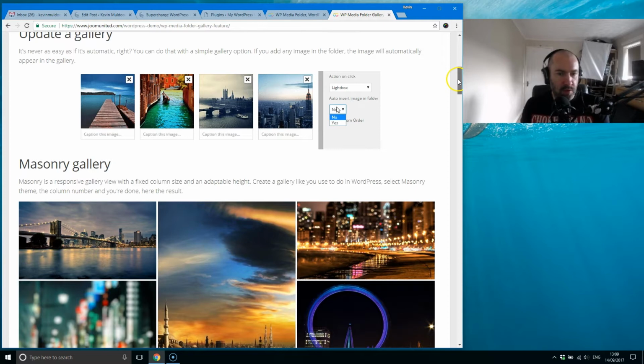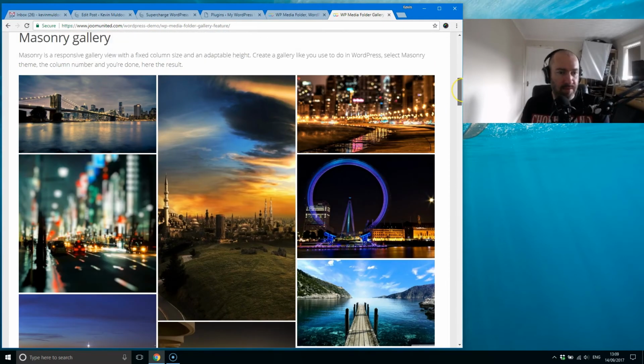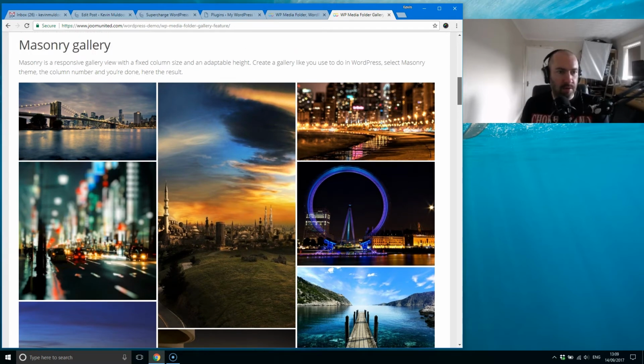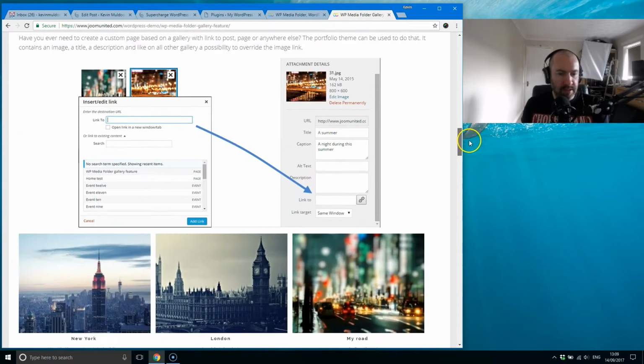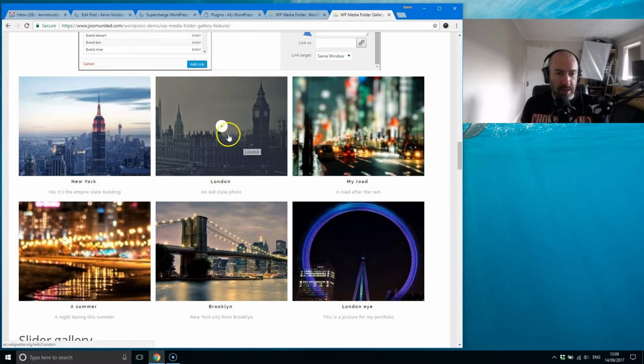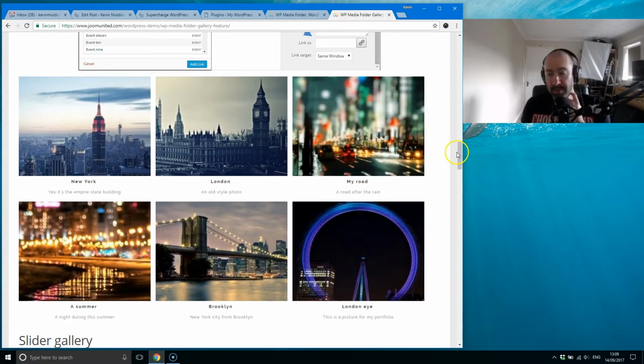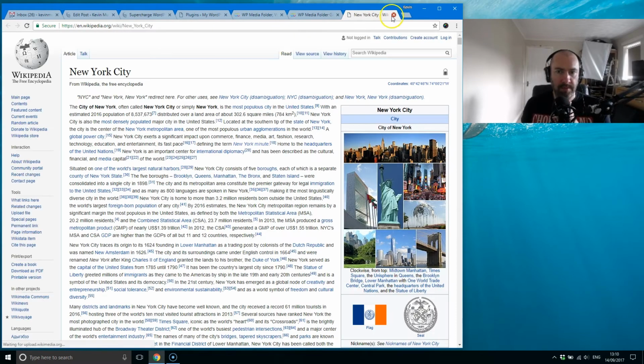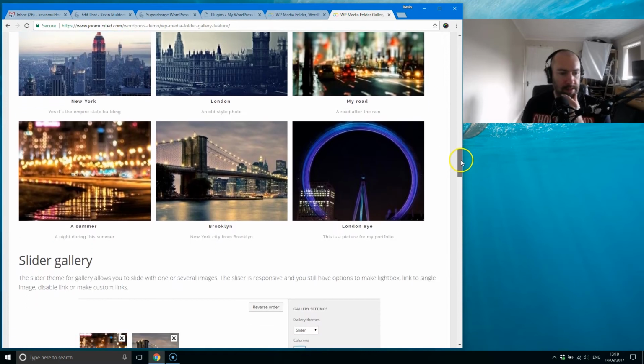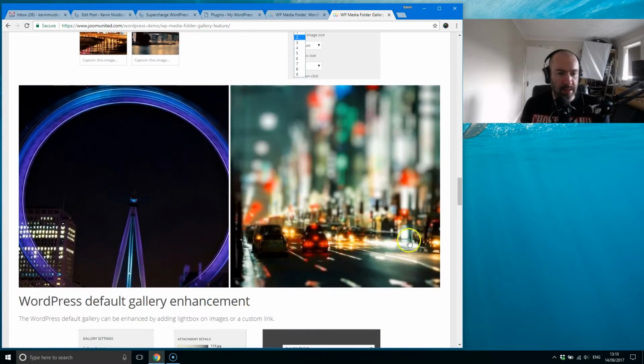You've got the gallery options here, and this is an example of the masonry layout. So you would just use galleries the same way as you did before. It's the same shortcode and all that. You don't have to update anything, and you've got masonry. Underneath you've got portfolio. I think that looks really nice as well. You can load up photos in a lightbox, or you can see there that it loaded up a link that went to Wikipedia. So this one, and keep going down, you've got the slider gallery,